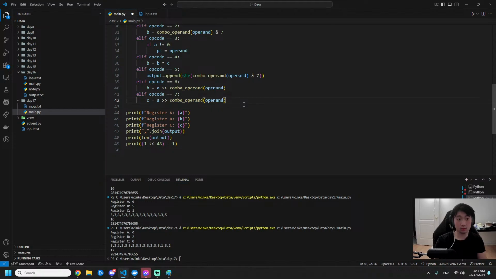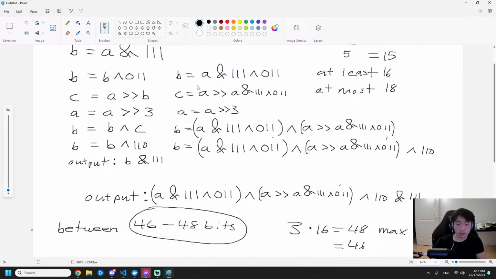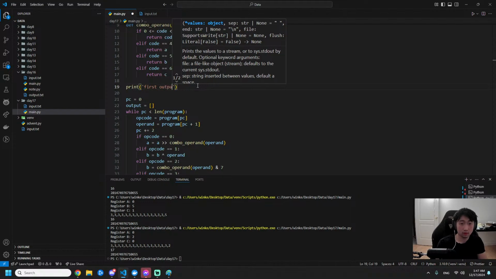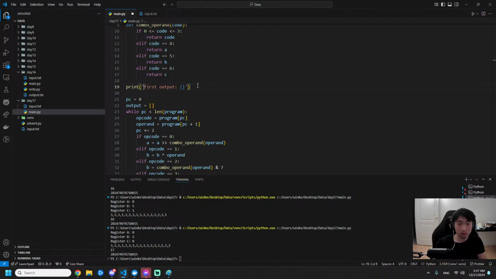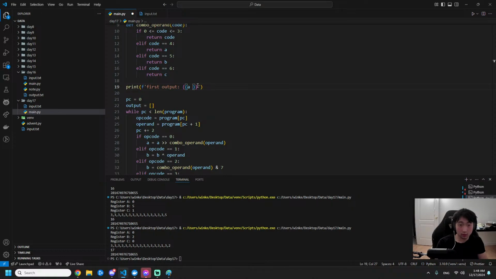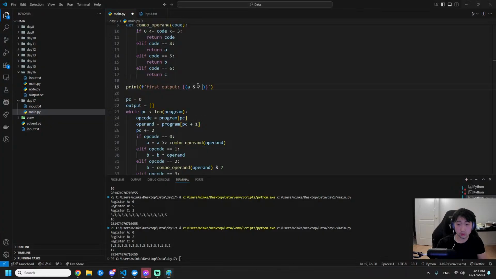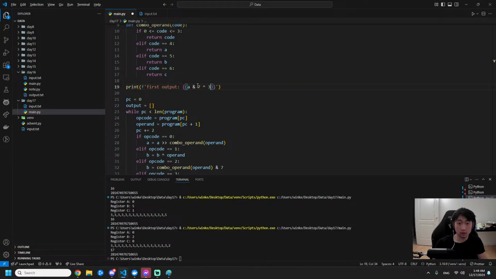Okay, let's try this then. We're going to try to predict the first output. We said it was going to be A, and 111 is 7, XOR 011, that's 3, XOR A right shifted by